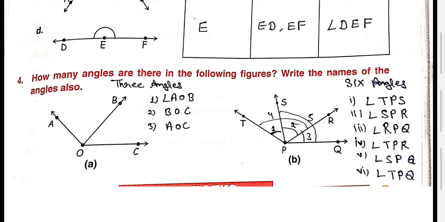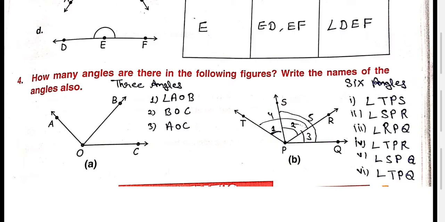Now come on the second one. We have to count the angles. I am writing here one mark. First angle, second angle, third angle. When we add first and second, it becomes 4. When we add second and third, it becomes 5. And the total one is 6. So total 6 angles are there. And this complete whole angle is also known as one angle. It means there are total 6 angles. So I am writing 6 angles.